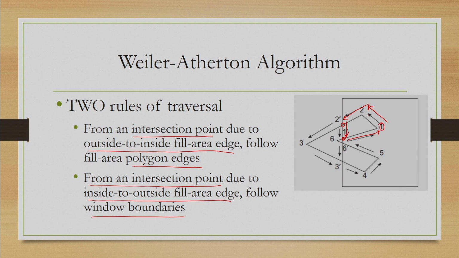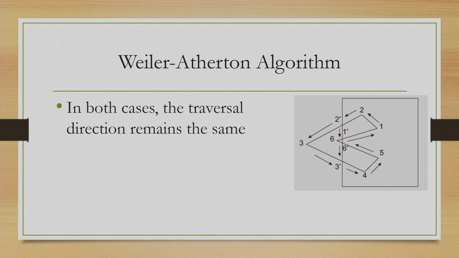But this gives us one part of the clipped area, that is this part, and apparently here it stopped. So, how to get the other part? Actually, here the algorithm does not stop. What happens next? Before we go into that, you should remember that whenever we are traversing, the traversal direction remains the same irrespective of whether you are traversing along the edge or along the window's boundary. So, if you are following an anti-clockwise direction, it should be anti-clockwise always.